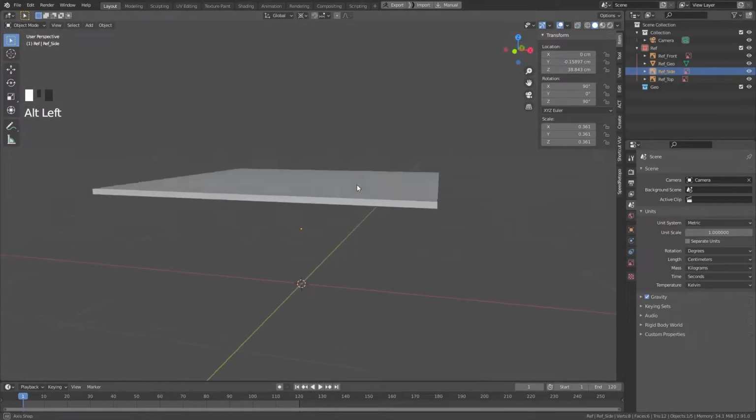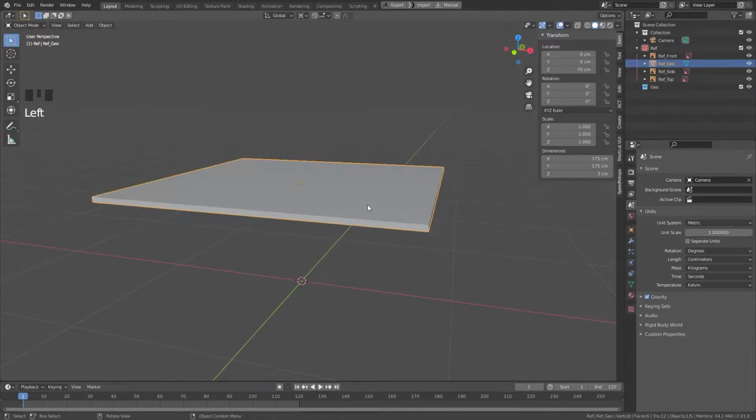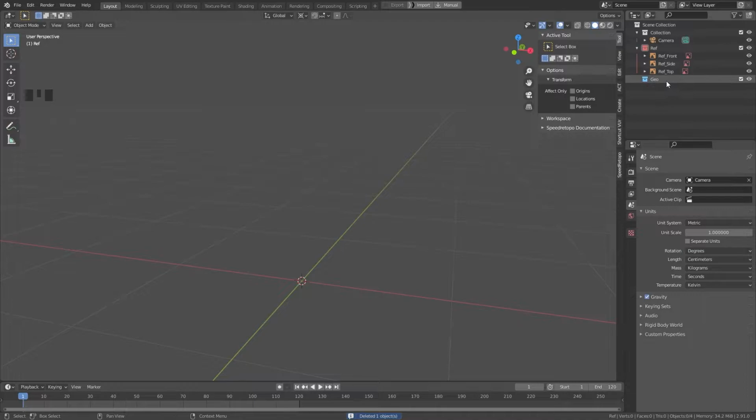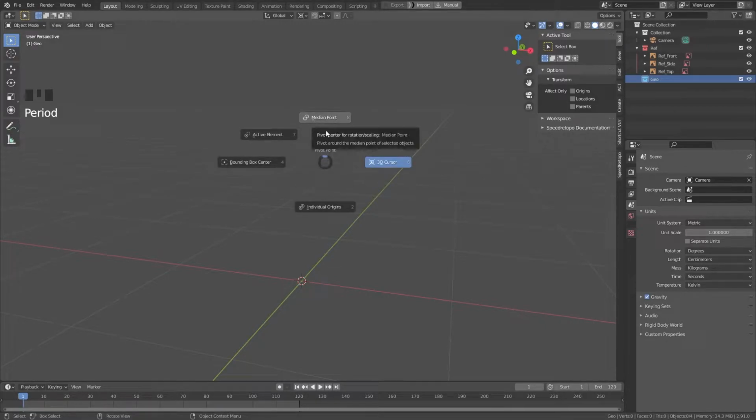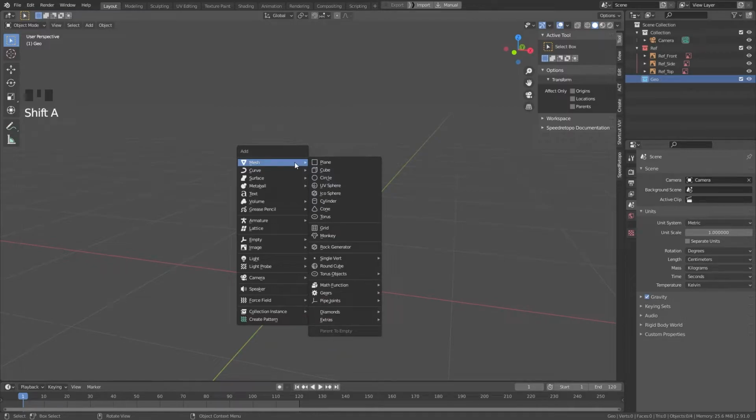At this point, we can also delete the reference geo, X to delete. Make sure that the geo collection is the active one. And the last thing we want to do is press the period key again and set the pivot back to the median point. The first part we are going to model is the tabletop, so we can press Shift A,